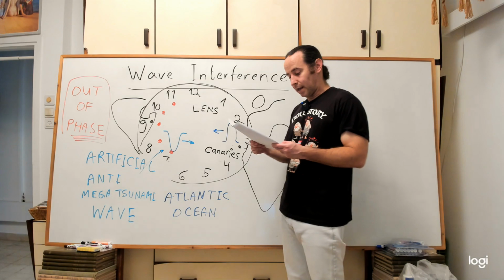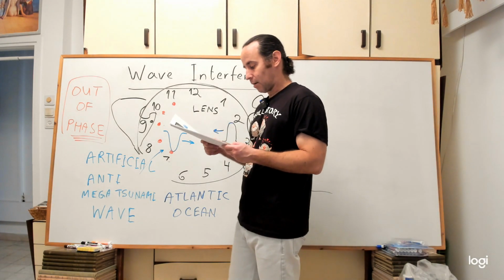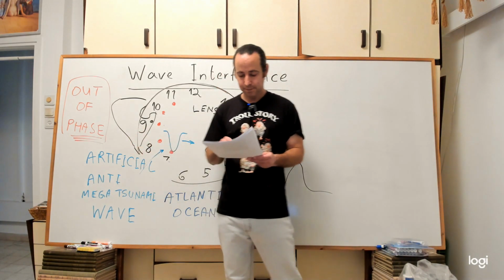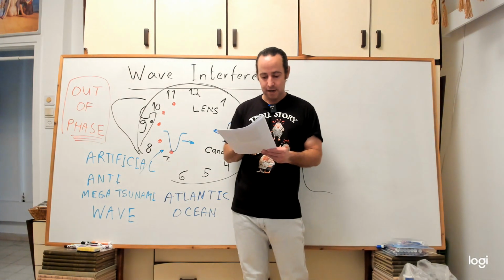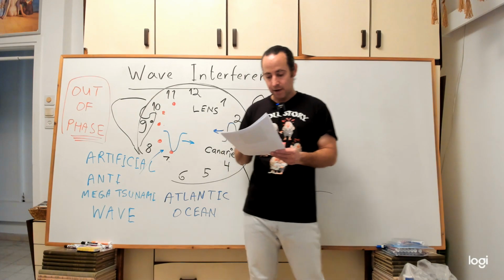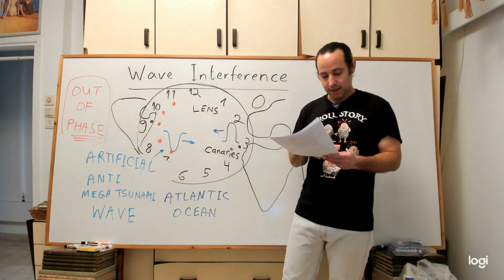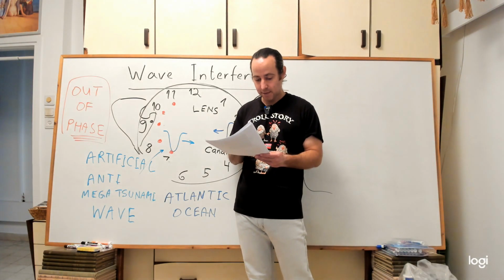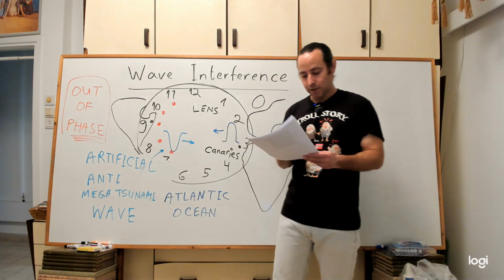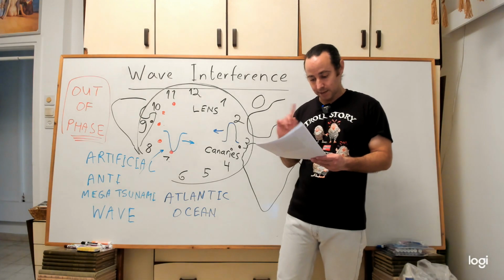Okay. I don't know how to create an out-of-phase wave, but I guess it requires two artificial waves. The first artificial wave, like we just described, and the second artificial wave a short distance from the first along the same line of propagation. We don't have to create them simultaneously.